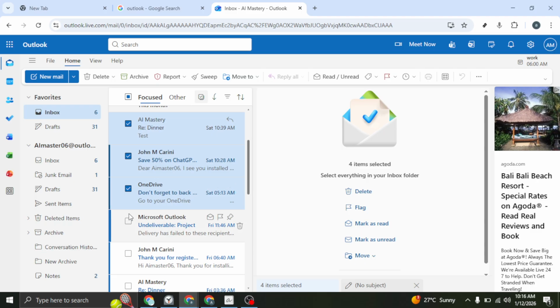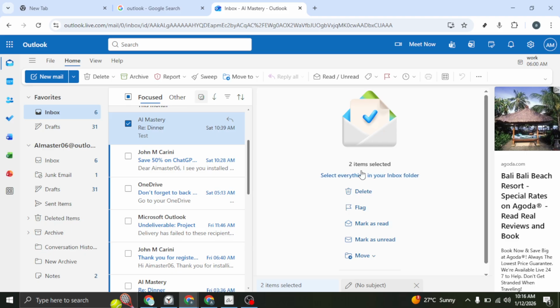As you select emails, keep an eye on the right side of the interface. Outlook shows a live counter of how many items you've selected. You'll see a label such as 3 selected, and that number updates instantly every time you add or remove a message. Depending on your layout and window size, the indicator can appear toward the right side of the toolbar above the message list or along the action bar beside the reading pane, but it will be visible whenever messages are